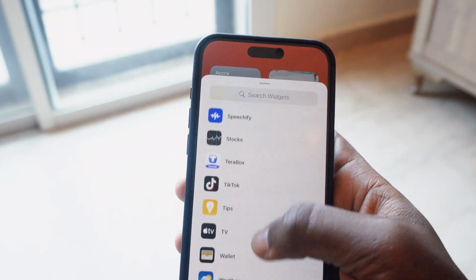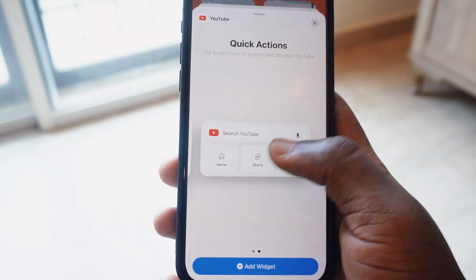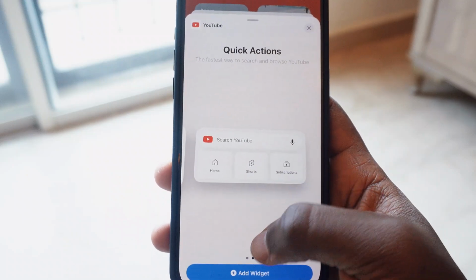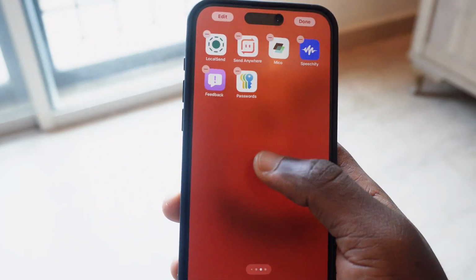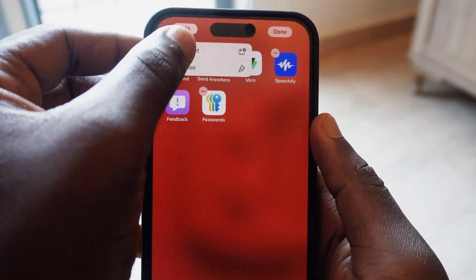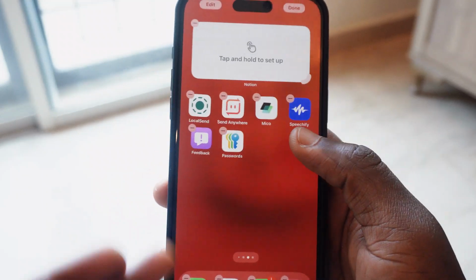So when you are okay with any app you want to add widgets for, you tap on it, and then you scroll through and tap on add widget, and it's going to be added on your screen, which is very great. So let's go to this screen and try adding the widgets. We tap on it, and then we add widget right here, and it's going to pop up on